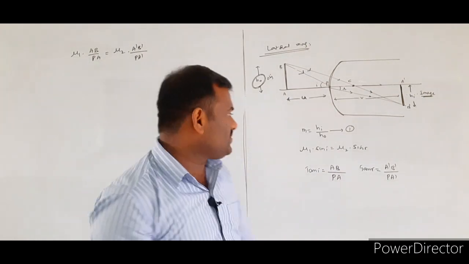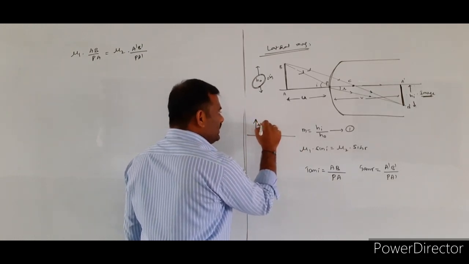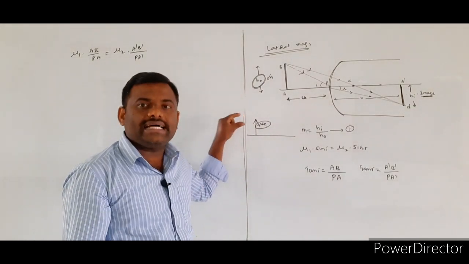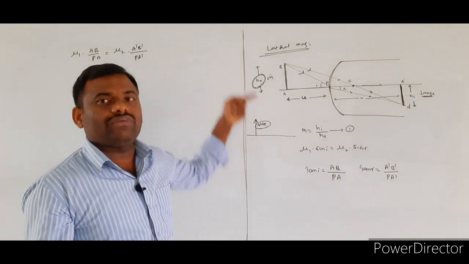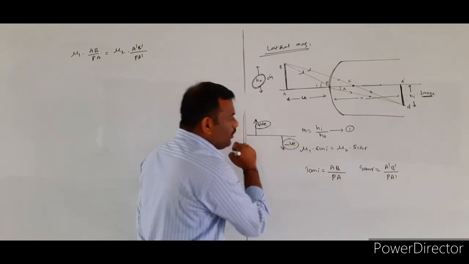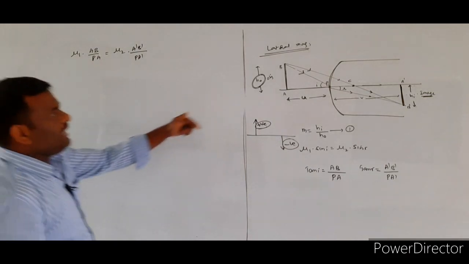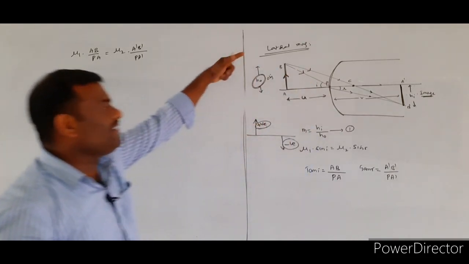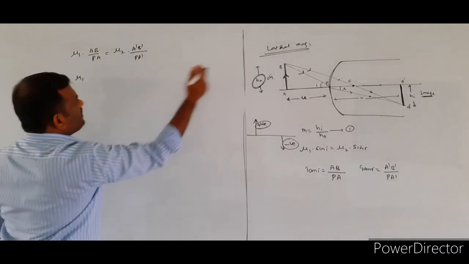What are the sign conventions? Whatever heights or distances are measured above the principal axis will be considered positive. The heights or distances measured below the principal axis will be taken as negative. So in this equation, AB goes from the principal axis upwards, so the AB value becomes positive, so mu1 into the height of the object is equal to